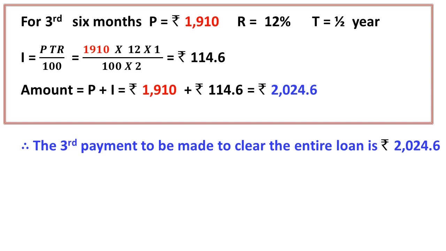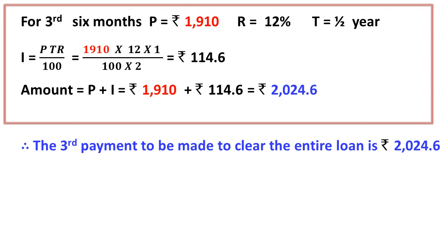I hope you have understood these 2 problems, question number 4 and question number 5. Let me just revise and recall this. In question number 4, compound interest was per annum. That means we calculated interest on a yearly basis. Conversion period was 1 year. So at the end of each year, as he repays rupees 1,200, the amount we have calculated should be reduced by rupees 1,200. Later, the difference amount should be considered as the principal for the second year.